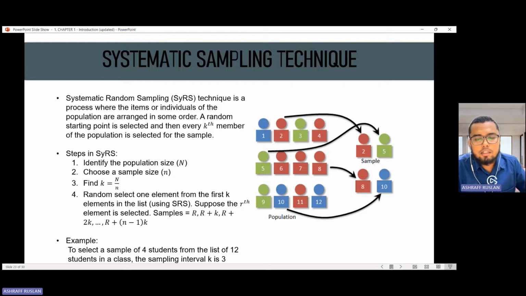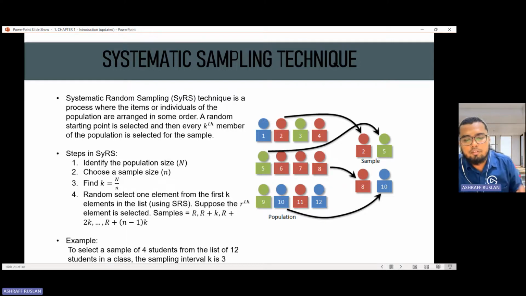So macam mana kita nak tahu sampling interval in order to perform systematic sampling? Kita ambil 12, which is the number of population, you just divide with 4, which is the number of sample that you require. So 12 divided by 4, you are going to get 3.